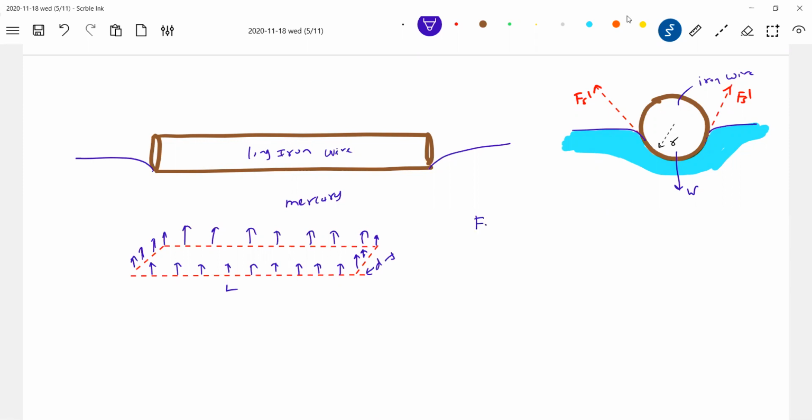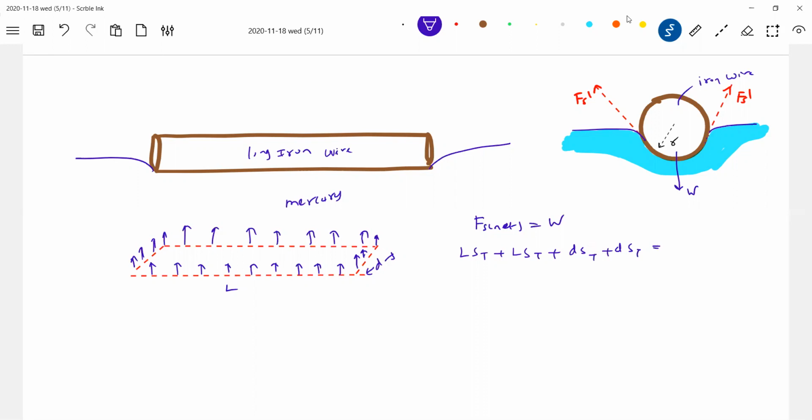The net force due to surface tension will balance the weight of the wire. The force due to surface tension should be L into ST plus L into ST plus D into ST plus D into ST,